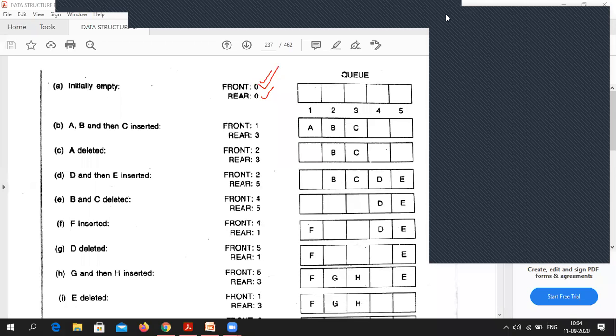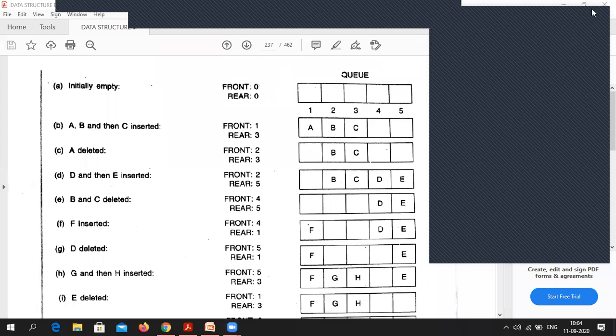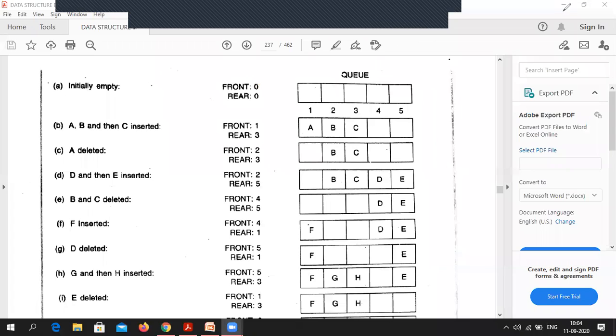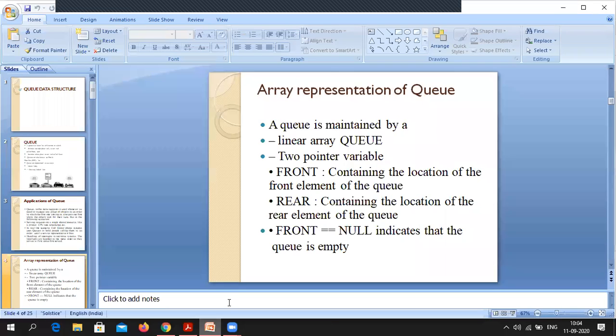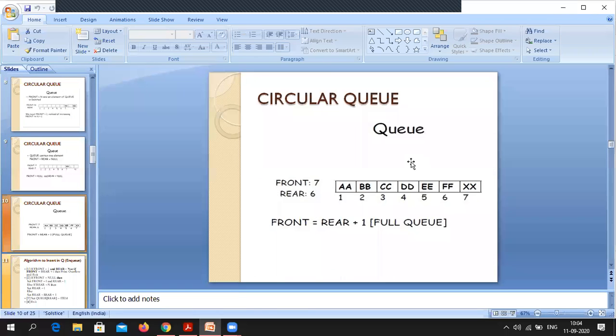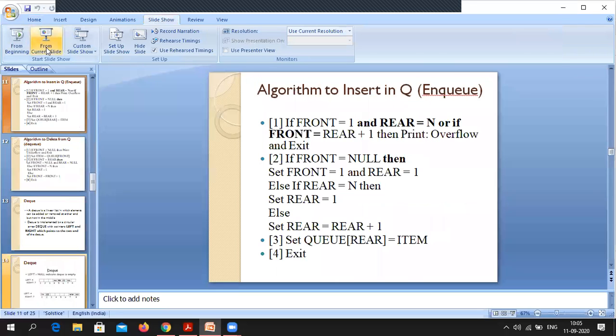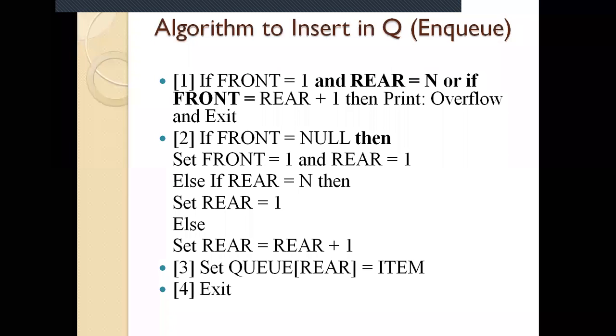Fine? So I will combine all these things now and we will write down the algorithm. Okay, let me go to the slide. Everything I have actually told you already, you just have to write it down.